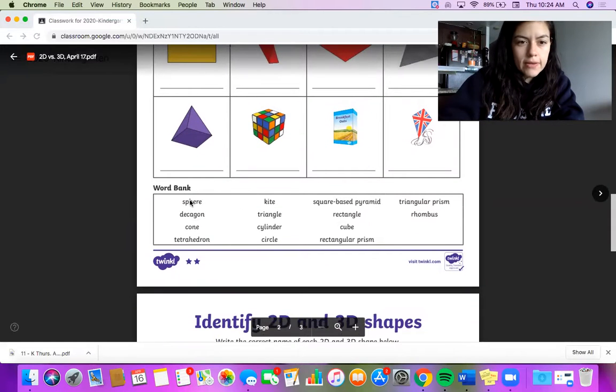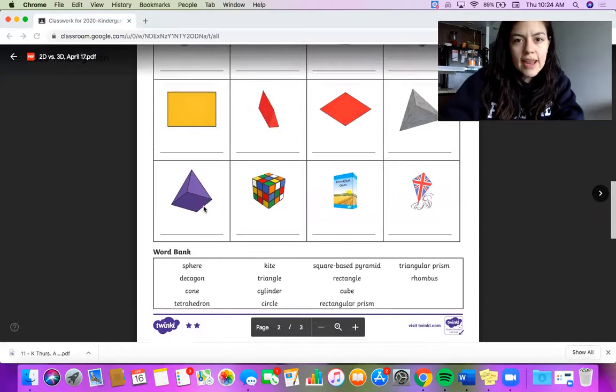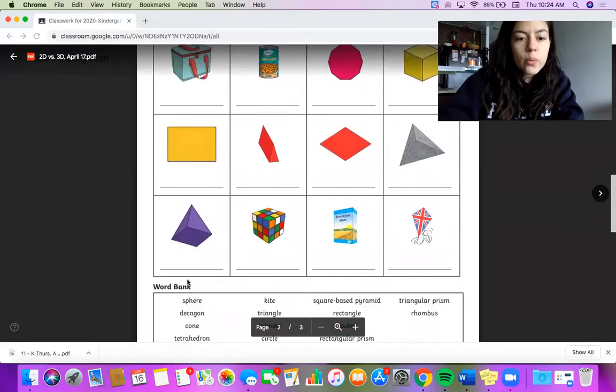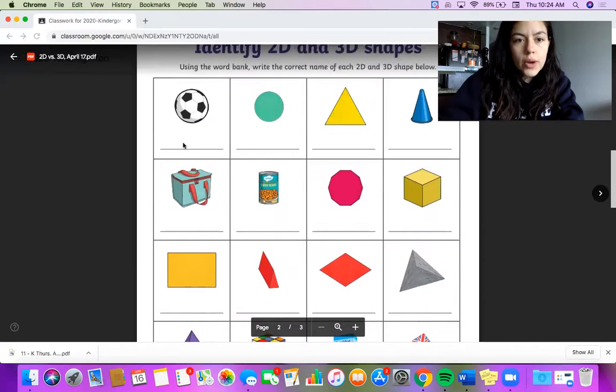So for example, if I read the first one, sphere. Okay, I have my word, then I look to see if I find a sphere. I see a sphere. So then I would use my word bank here and copy the letters under the right